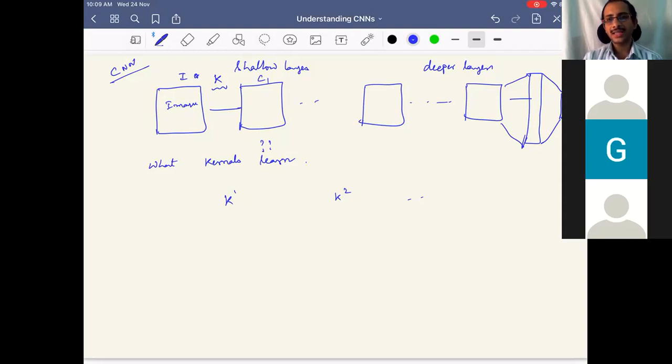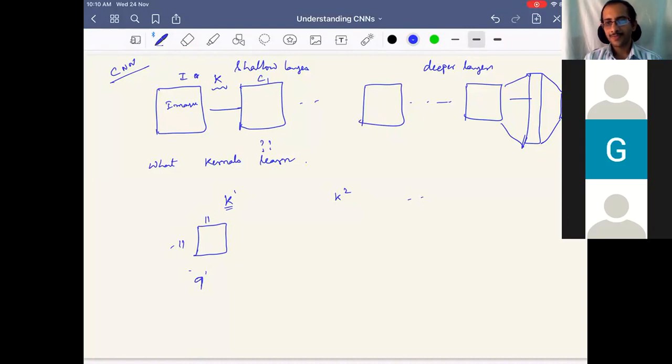What do you think these kernels learn? Any quick inputs? Assume that there is a 5x5 kernel, or, just to get a better visualization, a little bigger kernel, 7x7 or 11x11, and we have some 7 kernels or 9 kernels like that. If we learn such kernels, what do you think these kernels will learn? Say in the initial stages, what do you think they will learn? And subsequently we will see later. Any guess on this?